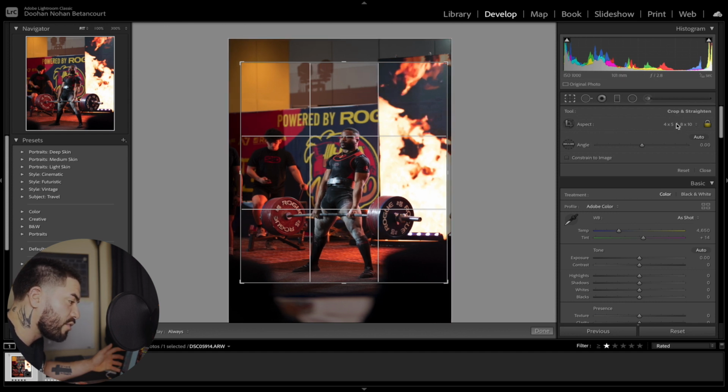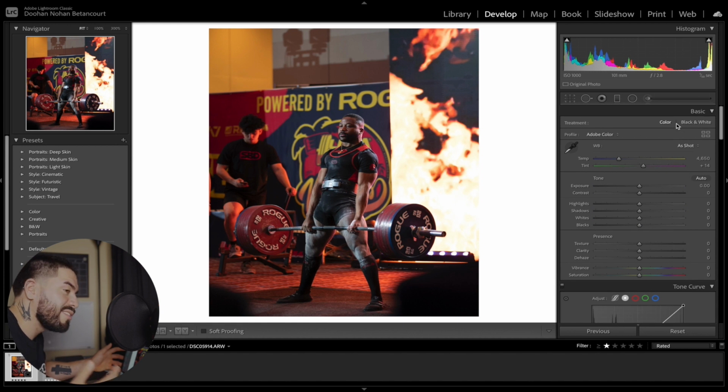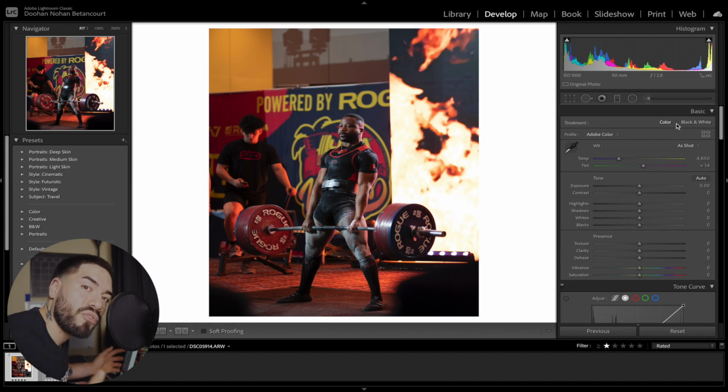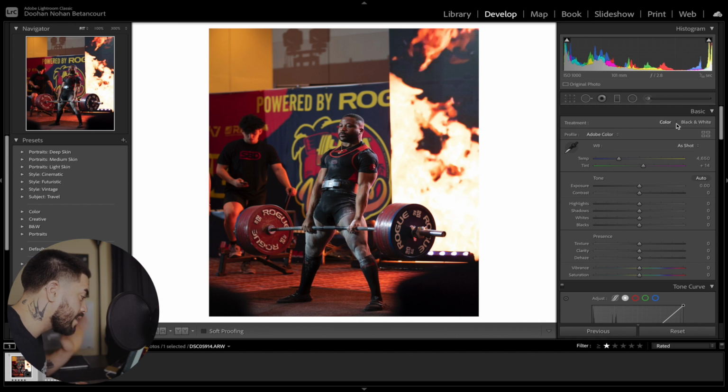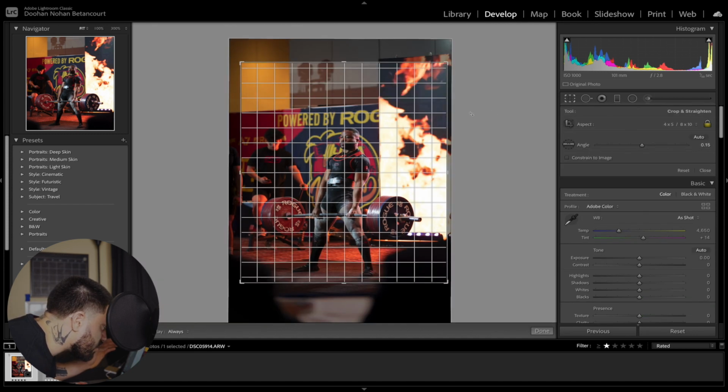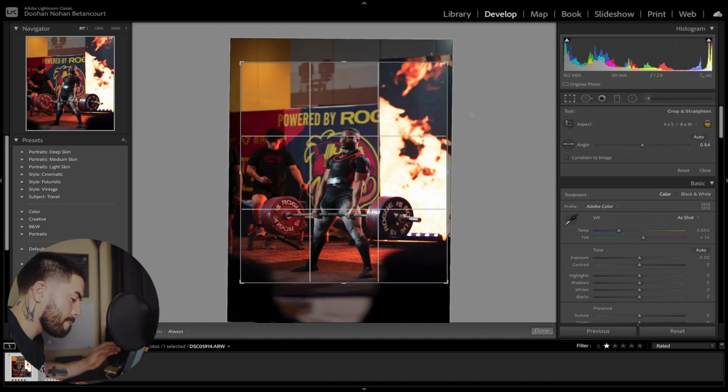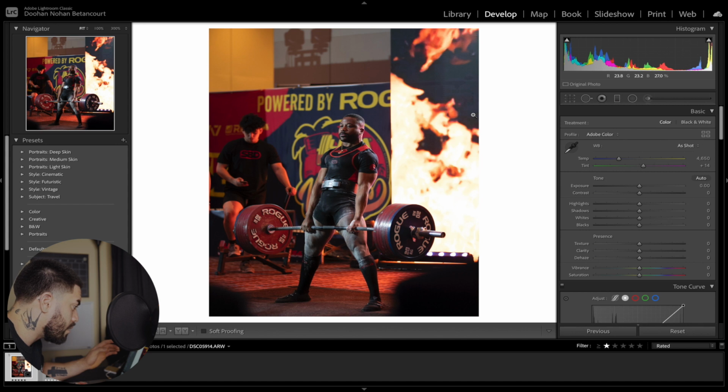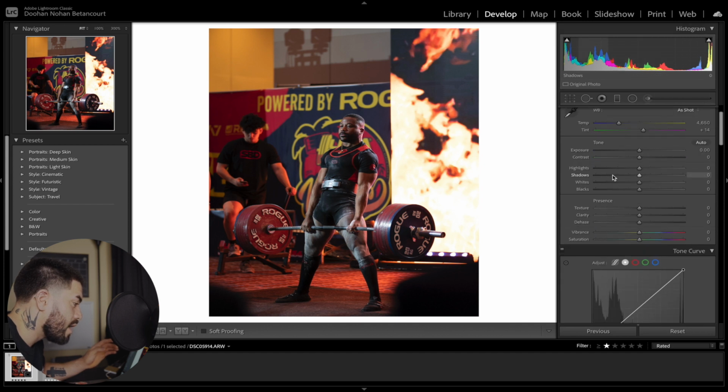And I always like to crop everything to a 4:5. That's the usual portrait ratio for most pictures. So that's how I start any edit. Crop it to a 4:5 and find a nice solid composition. Let me just straighten this out just a little bit. And boom, that should be solid. Perfect, no issues there.